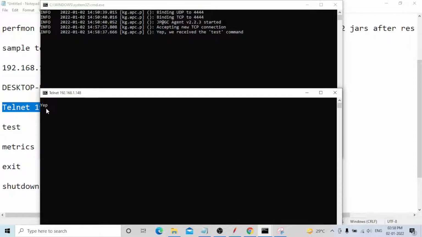You can see it's showing ack. Ack means it is accepted. He received the test command. I already typed test, click on enter, and you will see ack. He received the test command and accepted it. The server and the client are both connected. This is the concept. It is connected now, the first one is done.